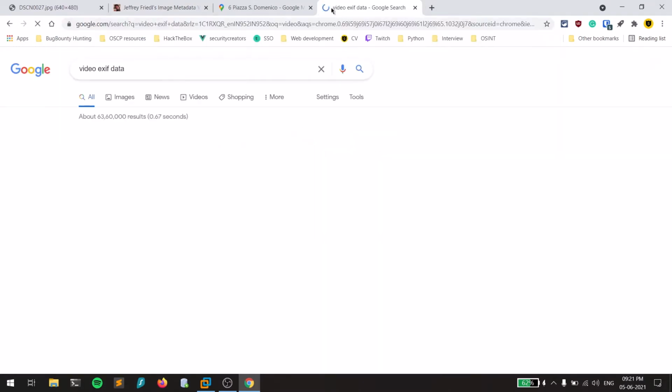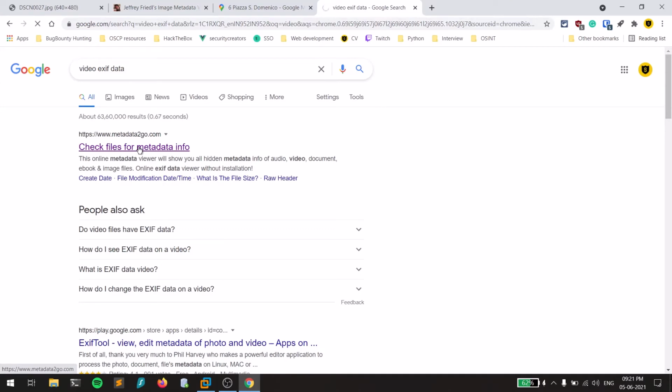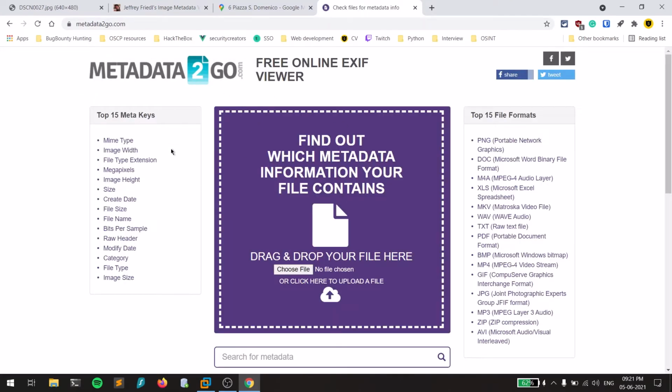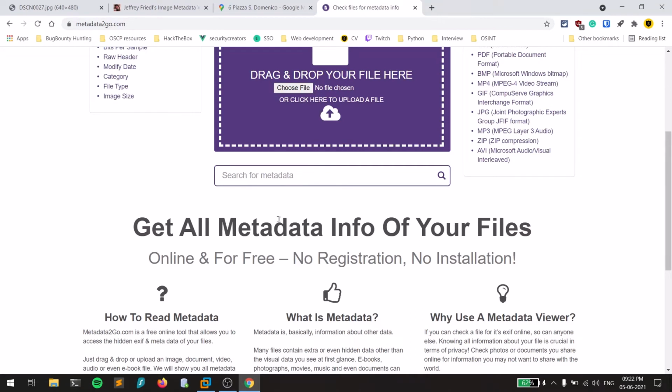Okay, so you can find out the information through this as well, or else you can find some video EXIF data tool. This is the second tool I can recommend to you guys, but I don't recommend it most of the time because it takes a lot of time, since you need to upload your file over there. If your video file is too big, it is going to take some time, and it's also going to consume some network data from you. So if you have a bigger video, it is better to check it in the manual way, or you can simply choose your file over here and it's going to search for the metadata.